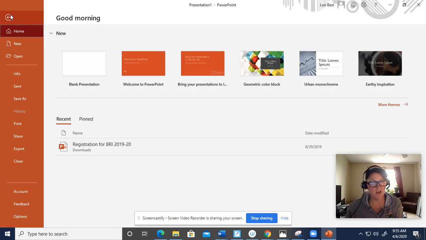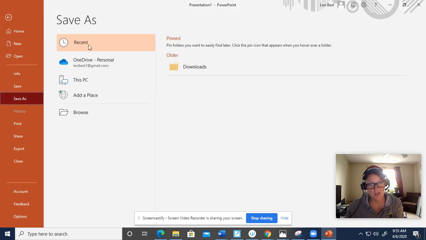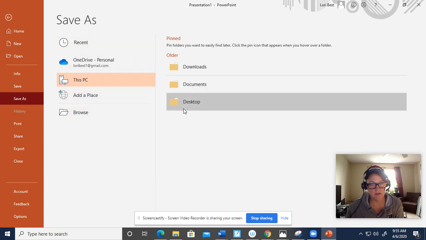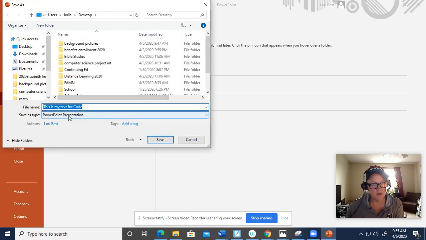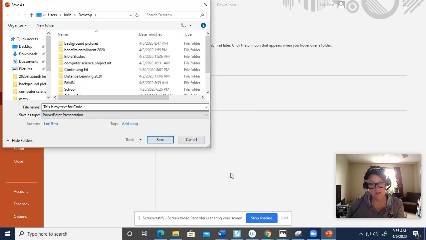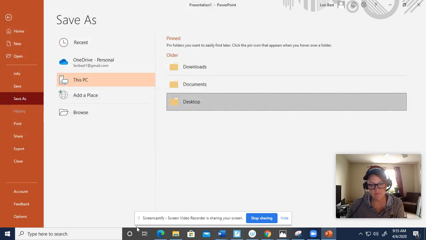You can do a file and a save as, and you can pick a JPEG or a PNG, portable network graphics format. Those two both work in code.org. So save your message that way instead of just as a PowerPoint,